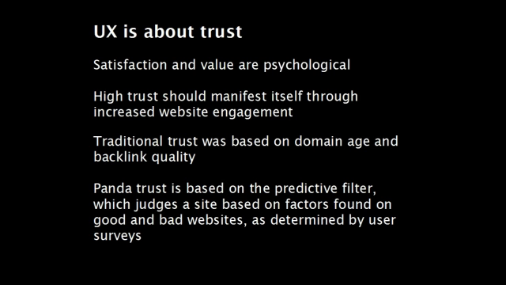Traditional search engine-based trust was based on domain age and backlink quality. These were two of the primary ways Google could determine whether a site was trustworthy: who's linking to them, the quality, and then the age of the domain. Did this just appear? Did someone just register this last month and put ads all over it? Or have they been in business for 4 years? Do they have a track record in our search? Do they have records in archive.org so we can see that they've been evolving the site? Good sites evolve. Good sites improve. Good sites last.